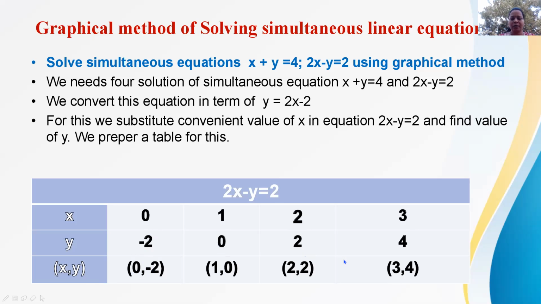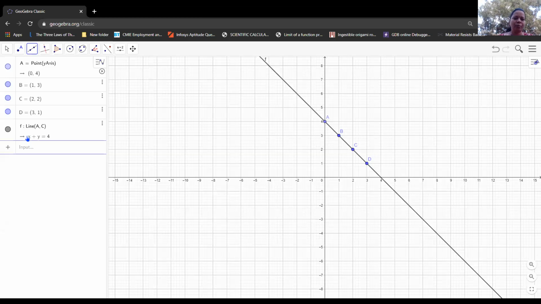Now we do the same process using the ICT tool, that is the GeoGebra tool, and plot the graph of 2x minus y is equal to 2. So next, we open the same GeoGebra site. Now we have to plot the point 0, negative 2. The x coordinate is 0, the y coordinate is negative 2. So the position of the point is here. We consider this point as E. If we observe the algebraic panel, we see its coordinate 0, negative 2.